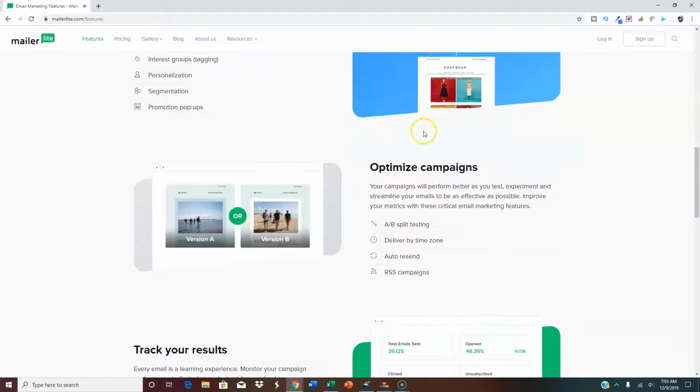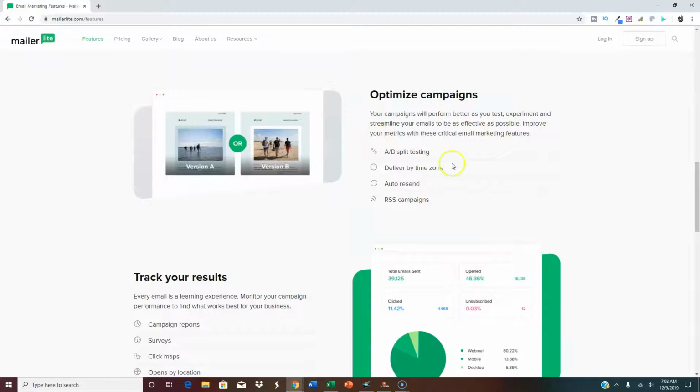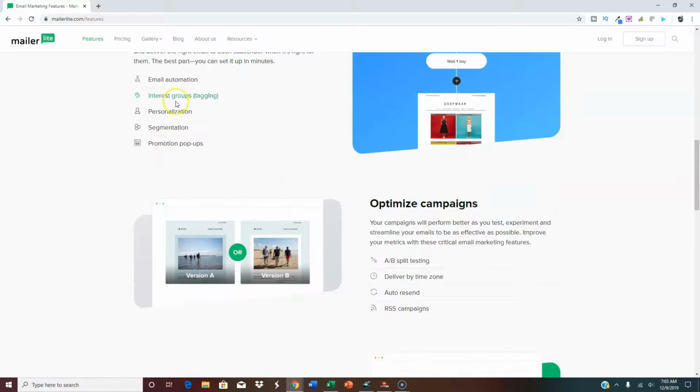Promotion pop-ups, optimize campaigns. You can do A/B split testing, which is important. Deliver by time zone, auto resend, and a lot of times this is what segmentation can do.